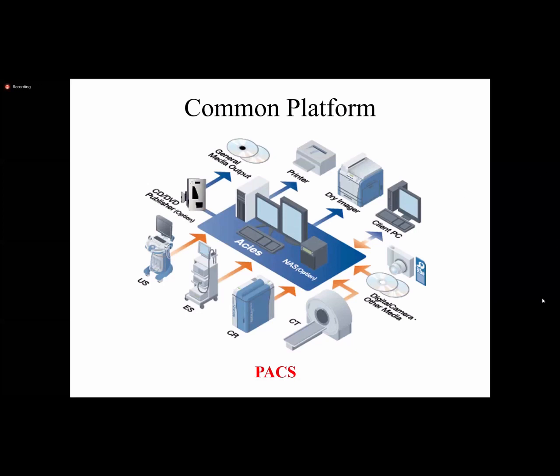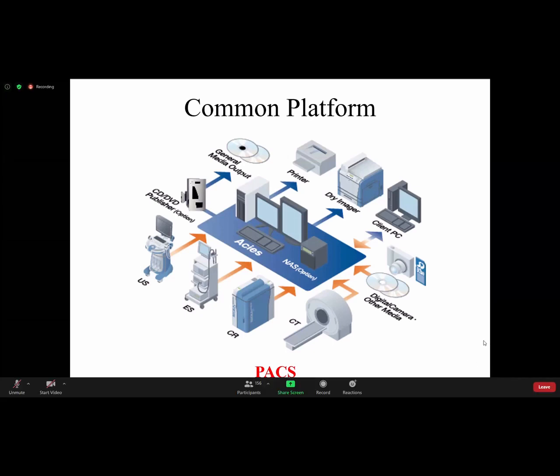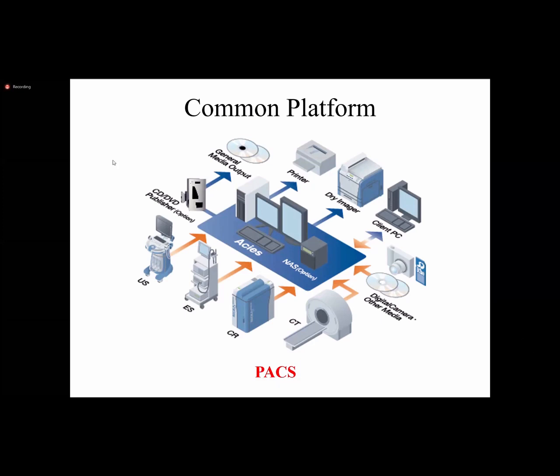If a patient comes for multiple imaging in the department, like X-ray, CT and MRI, and the radiologist needs to report, and we do not have a PACS system, then what do we have to do? The radiologist first has to go to the X-ray system, then move to the CT, then move to the MRI. He has to move around for comparison or reporting. But if we have the PACS system, the radiologist can sit at one place and do the reporting from one workstation only.